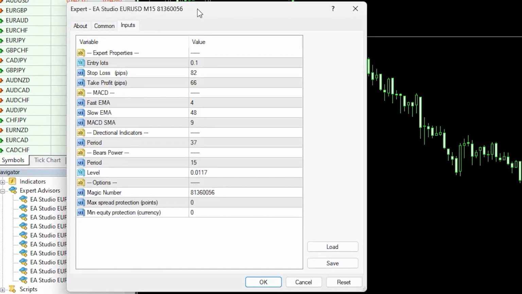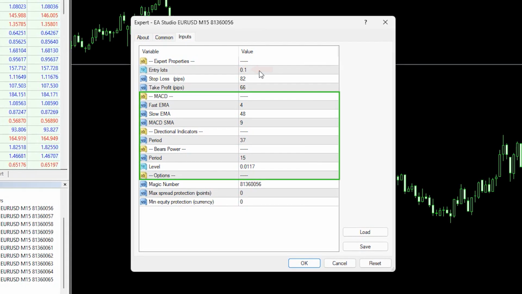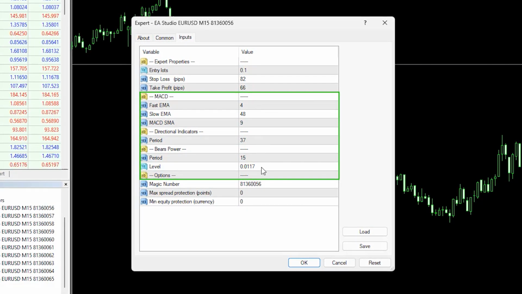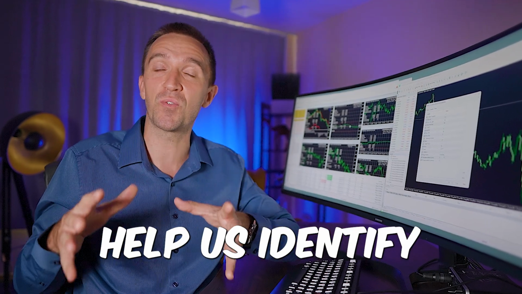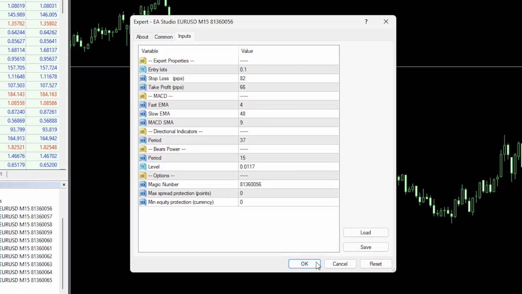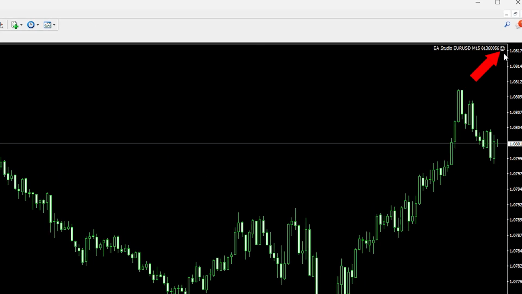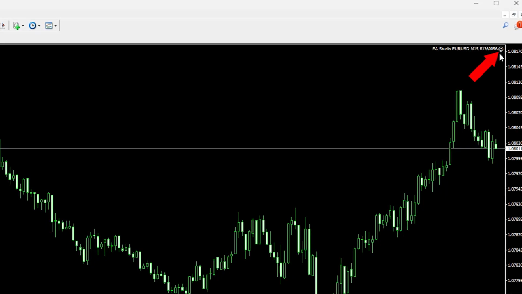You will see the inputs. You can decide with how much you want to trade. There are different parameters for the indicators. The magic number will help us identify which EA performs the best, and I'll just click on OK, and you will see the smiley face in the right upper corner, which means that the expert advisor is attached on the